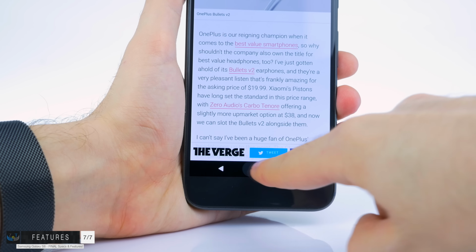Let me know in the comments, by the way, if this was ever an issue for you, having the back button on the right on Samsung devices. This was never an issue for me personally. This was actually an issue for me with the Google Pixel and other Android smartphones, because I'm right-handed, and I do think that the back button should be on the right-hand side of the device, since you do access the back button more than the multitasking one. So it kind of makes sense to have it on the right than on the left.